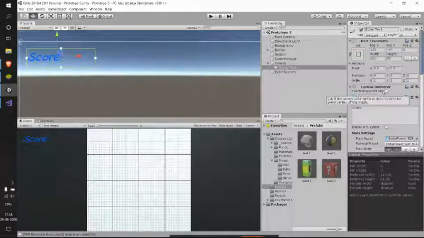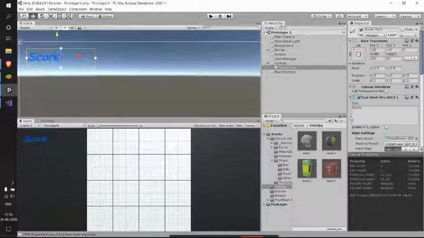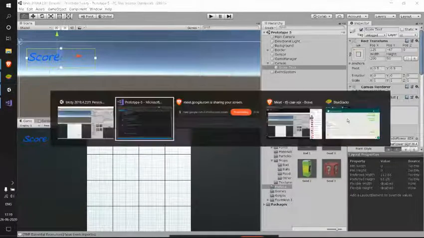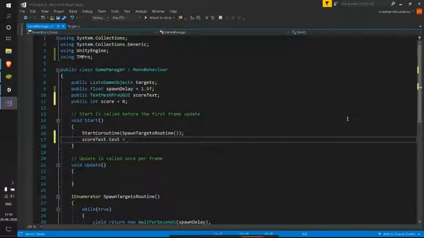See, we got a reference to this TextMeshProUGUI, and now see this particular dot. In this particular thing, we have text, right, which we have given score, and we are able to see that. Now we are doing the same thing in our code. There is no big difference in this. So this score text dot text means the one which we have there in the box.